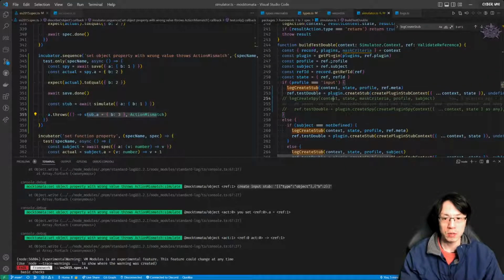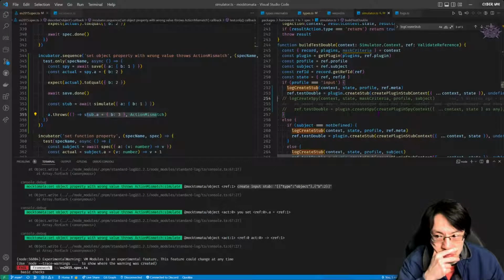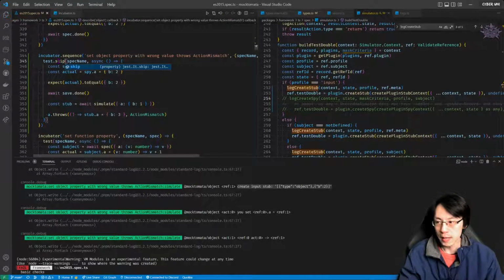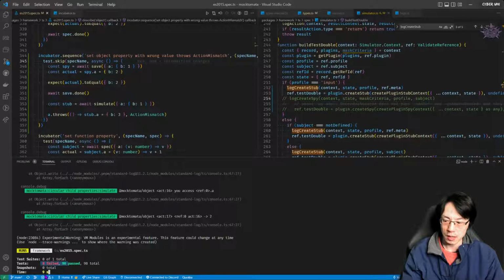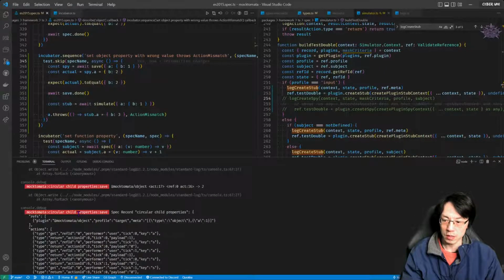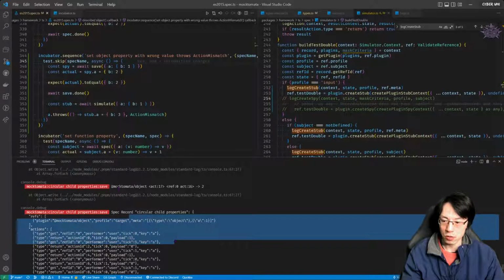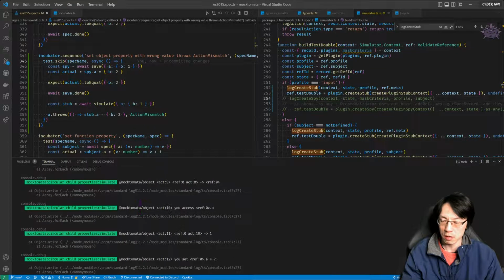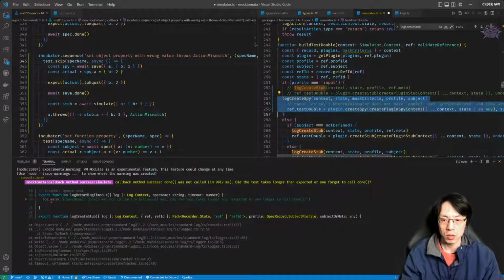Where's the value? First of all, let's see, why do I make a spy to begin with? You can see that there are some timeouts happening over here. It's probably the more complicated stuff. You can see this under circular build property and stuff, they just time out when I'm doing this. So